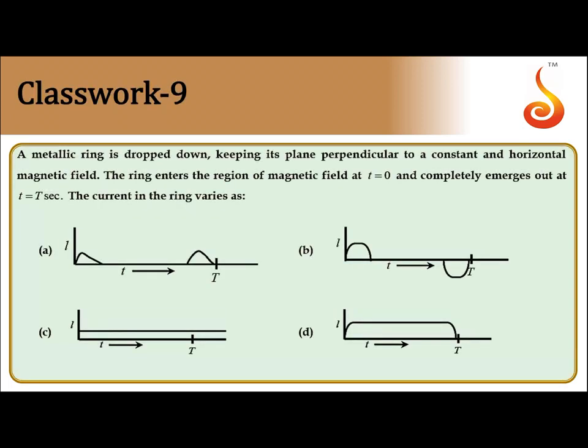The direction of the induced current has to be opposite, and in between it should remain constant. So in between it is 0 here, but in these two figures it is not possible, and here also in between it is 0. But this figure describes the situation correctly because during entry the direction of the induced current is opposite to the direction of the induced current during exit. So B must be our correct choice.